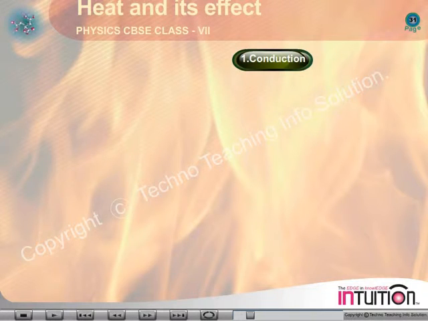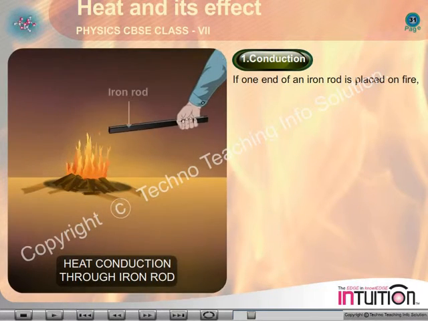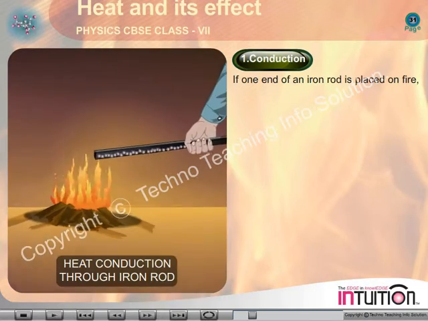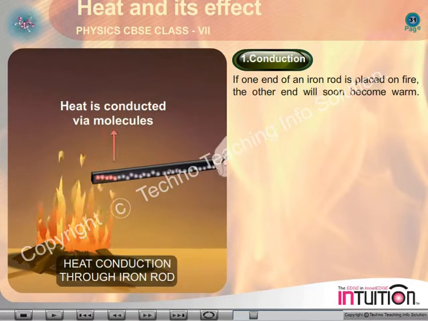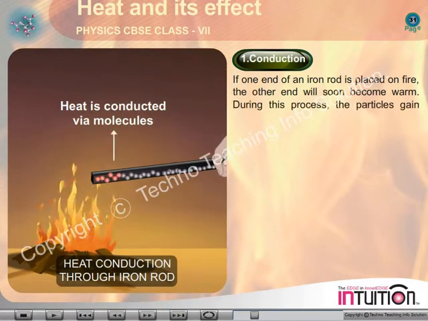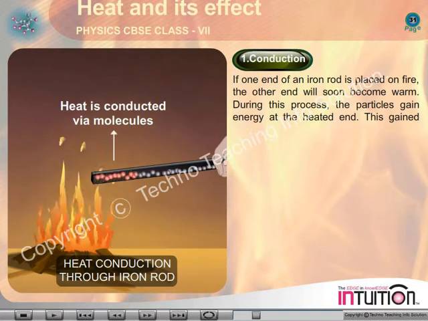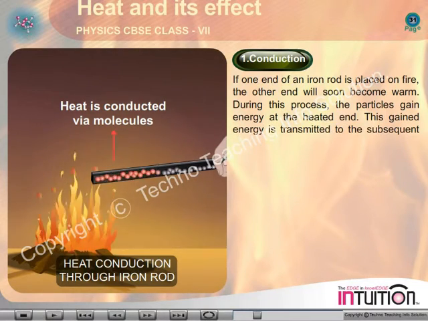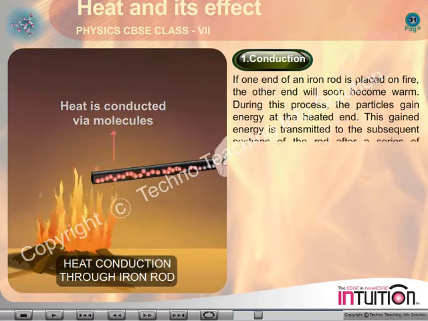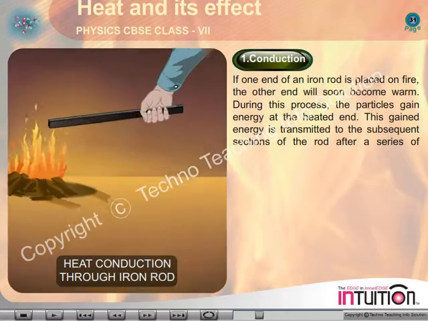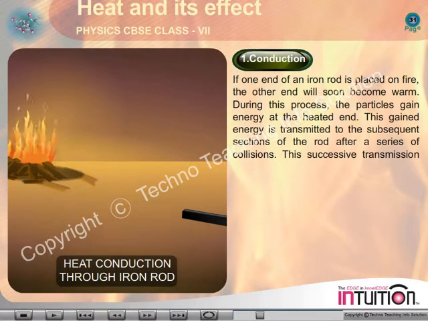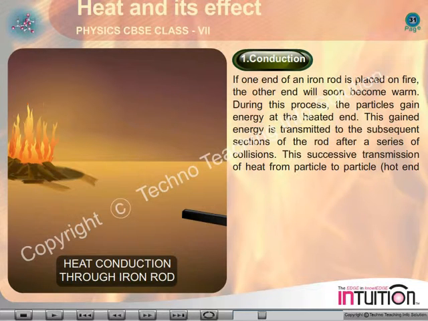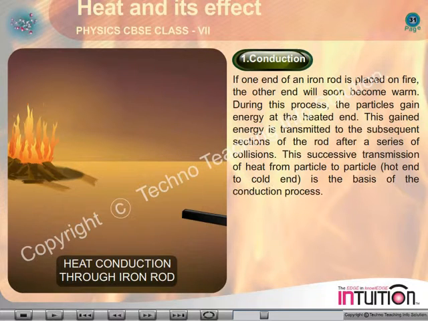1. Conduction. If one end of an iron rod is placed on fire, the other end will soon become warm. During this process, the particles gain energy at the heated end. This gained energy is transmitted to the subsequent sections of the rod after a series of collisions. This successive transmission of heat from particle to particle, hot end to cold end, is the basis of the conduction